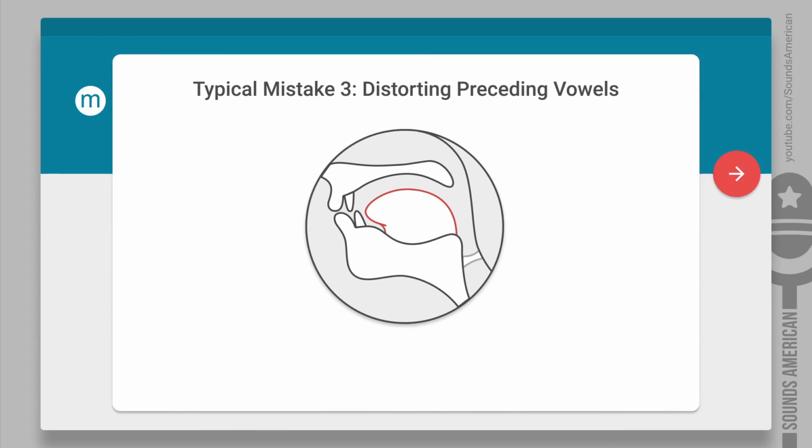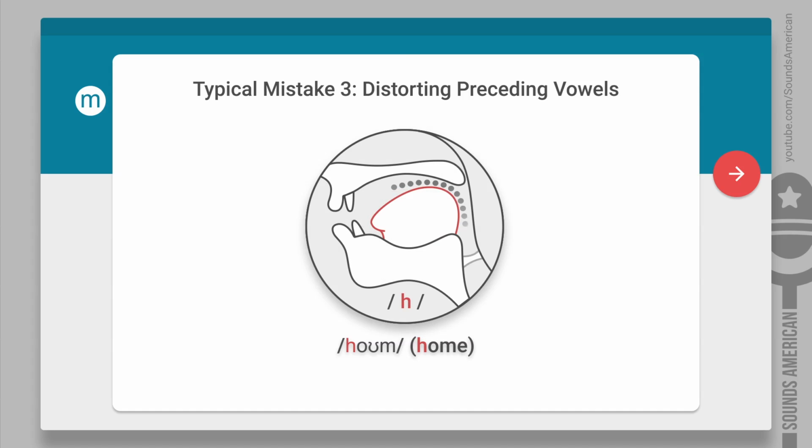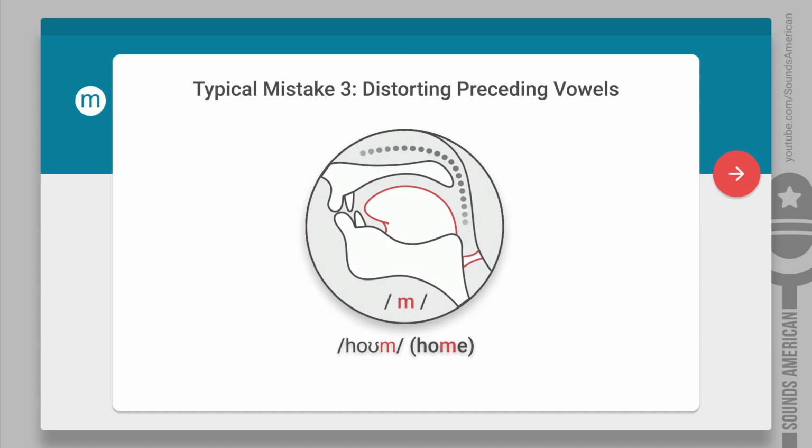Number 3. This is another common problem. It's best to explain it with an example. Take a look at the word home. In this word, the M follows a vowel sound. O. In